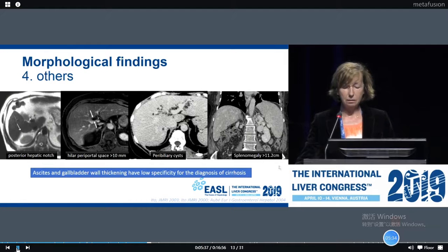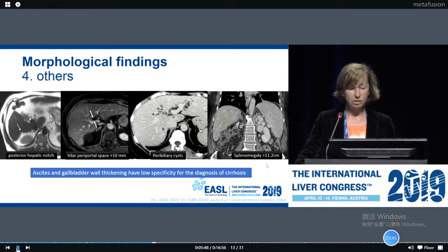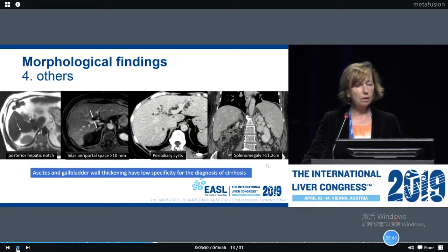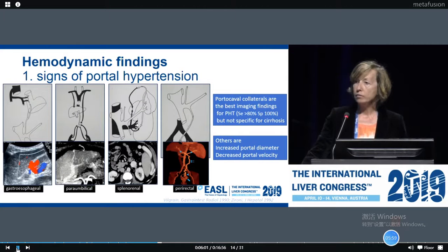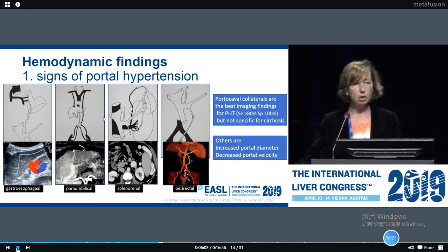Splenomegaly is a classical finding, and many cutoff values have been proposed. The one that seems the most accurate is when the longer diameter exceeds 11 centimeters. Indeed, there are some other morphological findings such as ascites, gallbladder wall thickening, but they are less sensitive and specific than the previous ones. Now we move on to the hemodynamic findings, which are best explored by Doppler ultrasound, and